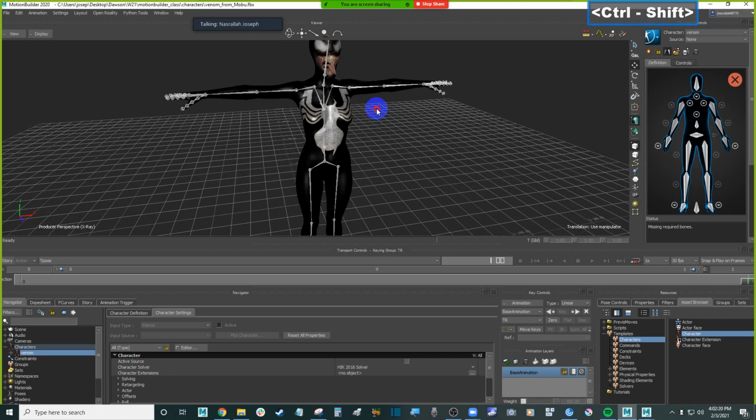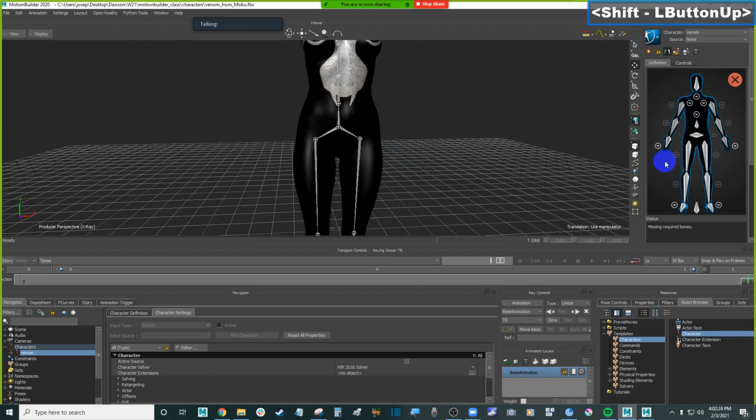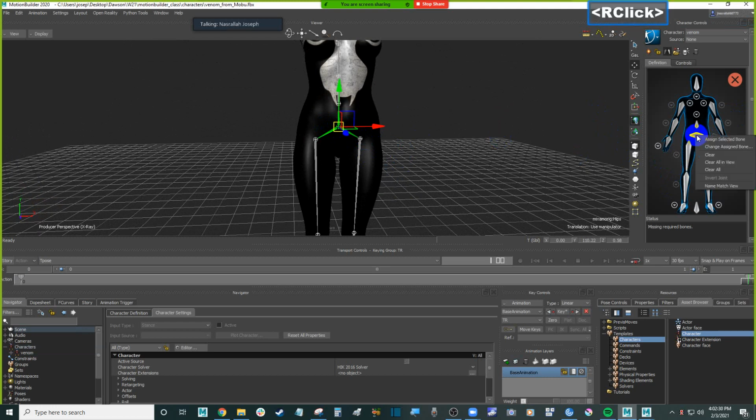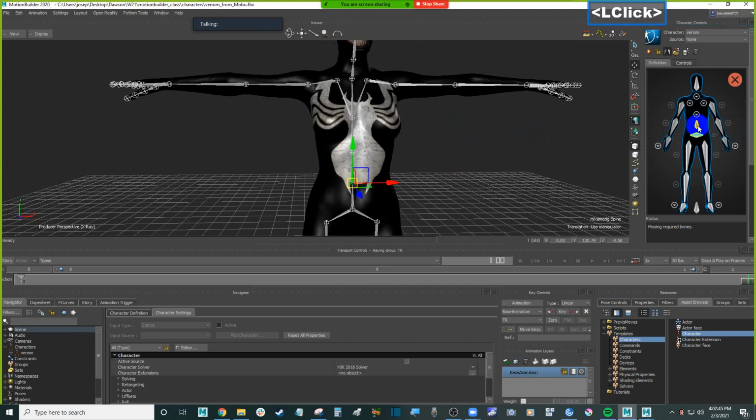So the way to do this is I'll start at the hips. You select this hip and right click and assign selected bone. Okay, see now it became green. That means this one is assigned to this. And we do it for the rest. So spine,